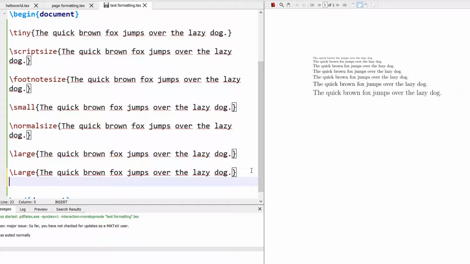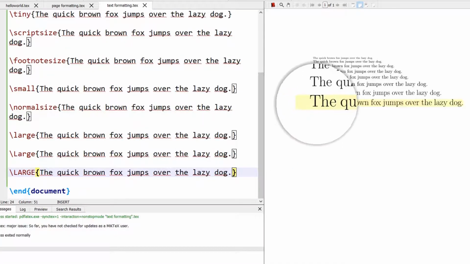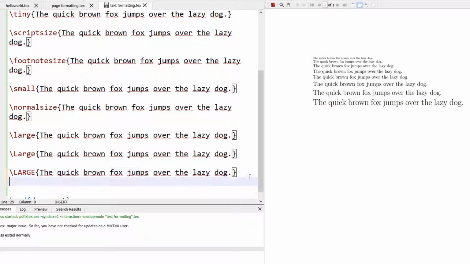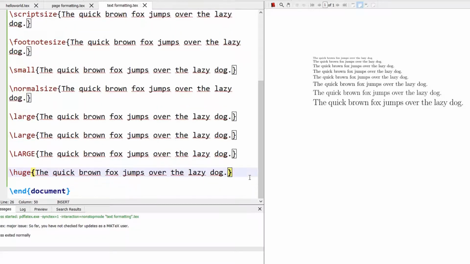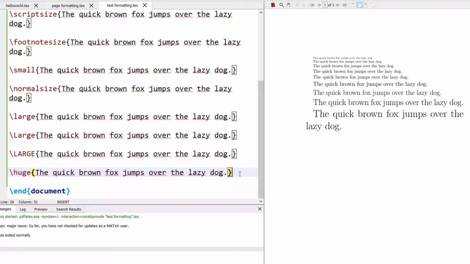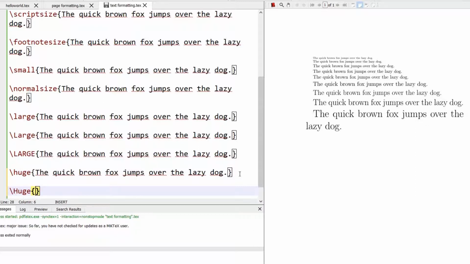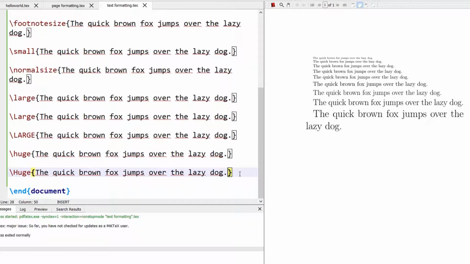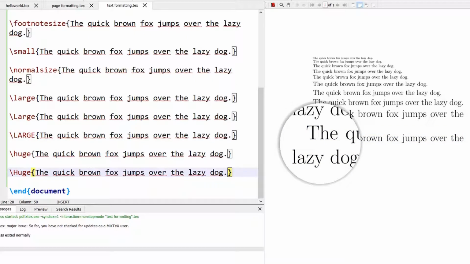I can also have one more command, LARGE, written in all capital letters. This one still has a bigger font. We also have two more commands. One is huge, all in small case letters. You can see the font is really big. After this, I also have one more command, Huge. The first character of Huge is capital, so it follows the camel casing convention again. So when I build this, you can notice this is far bigger than the previous one.